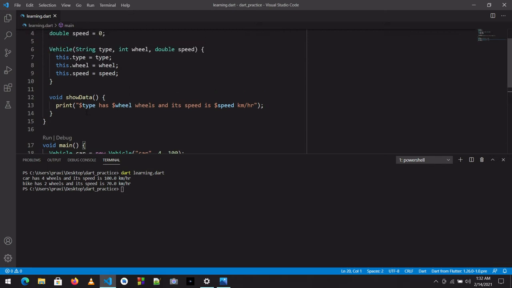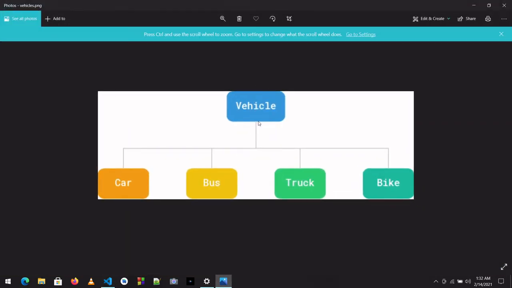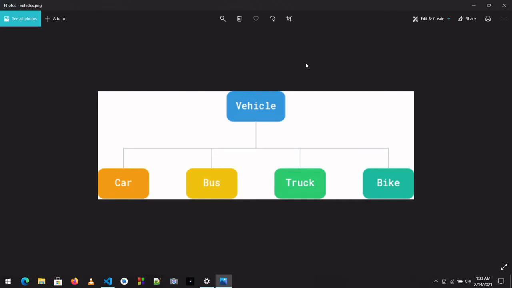Now, there is one more concept called inheritance in classes. In inheritance, as you can see in this photo, a vehicle has more subclasses such as car, bus, truck, bike. So what if I want to create separate classes for each type of vehicle, and then use some values from the main vehicle class?